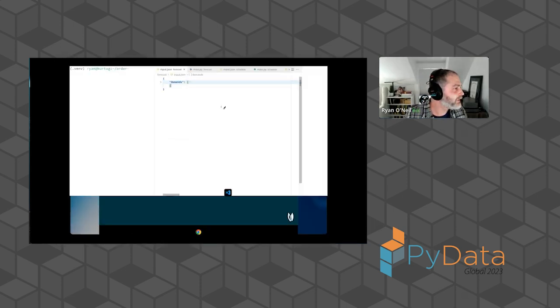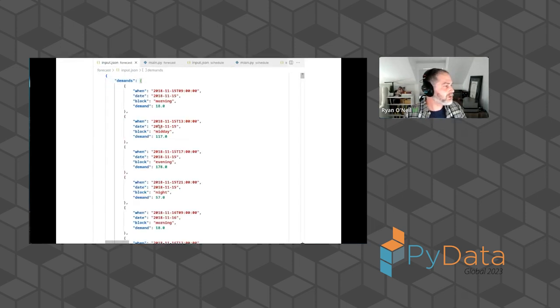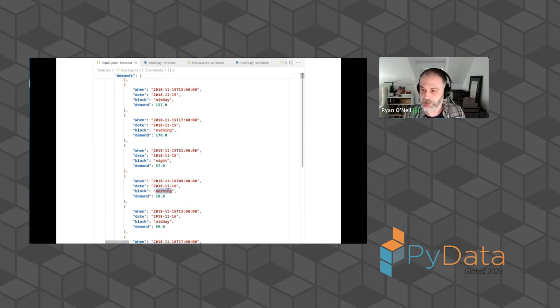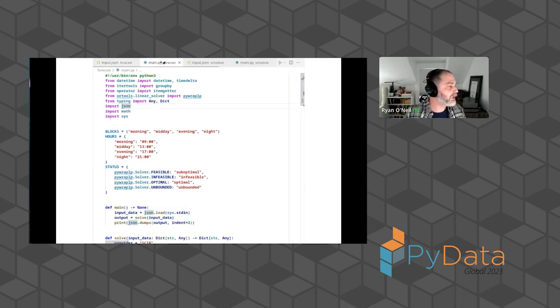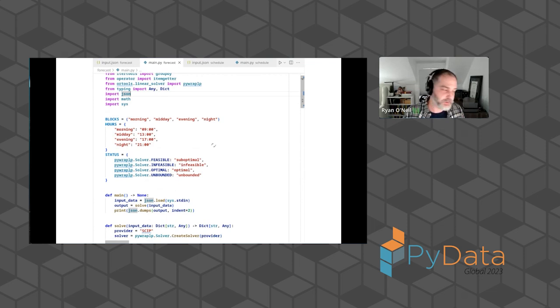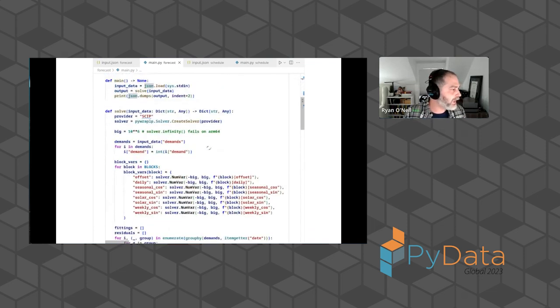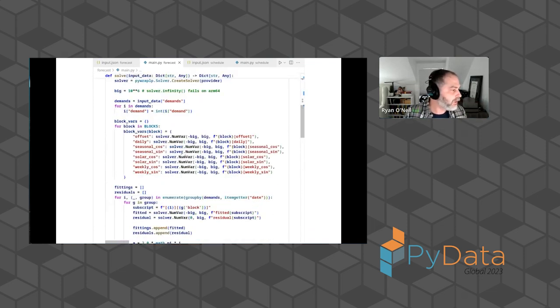All right, so first let's look at what our data looks like. This is, again, generated data. And I just have created JSON where every 4-hour block during a time frame, it has a demand, and it's morning, midday, evening, or night, and that's what our input looks like. Again, that's in the GitHub. You can play with that if you want. In the forecast repo or forecast directory, there's also main.py, which has the OR-Tools model in it, and the important parts of it are here,